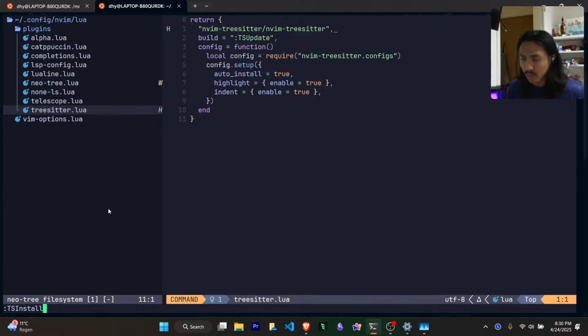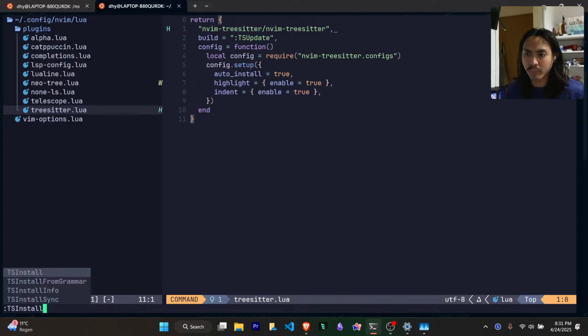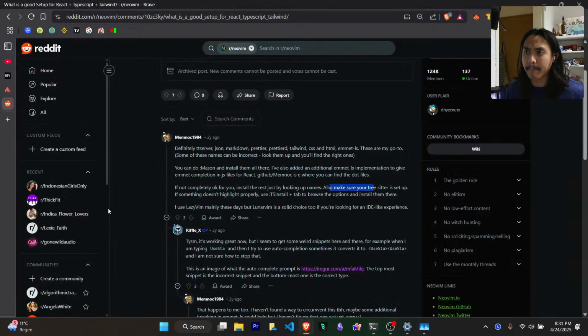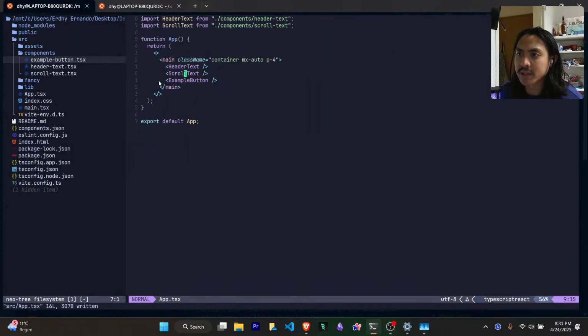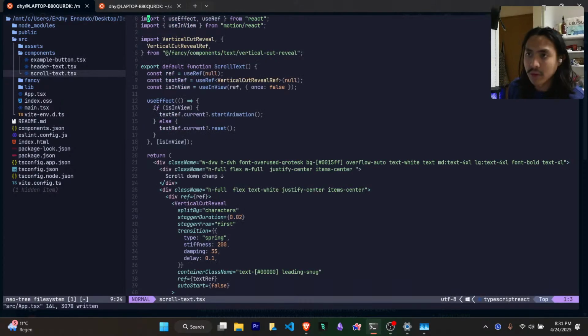What did I do? How do I know if it highlights properly or not? It looks properly highlighted, but